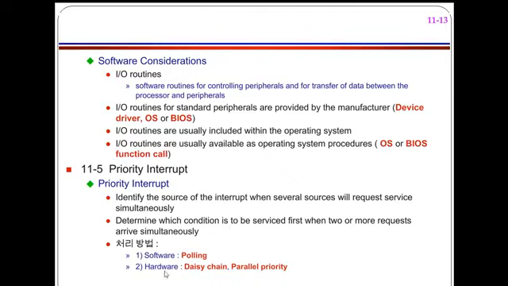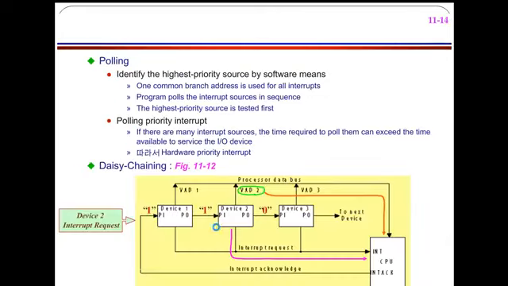What do you mean by hardware interrupts? As the name specifies, hardware interrupts are the interrupts generated by hardware devices. When an input or output device interrupts the processor, that interrupt is known as a hardware interrupt. In this, we have polling interrupts, daisy chain interrupts, and parallel priority interrupts. Let us discuss all these interrupts one by one.